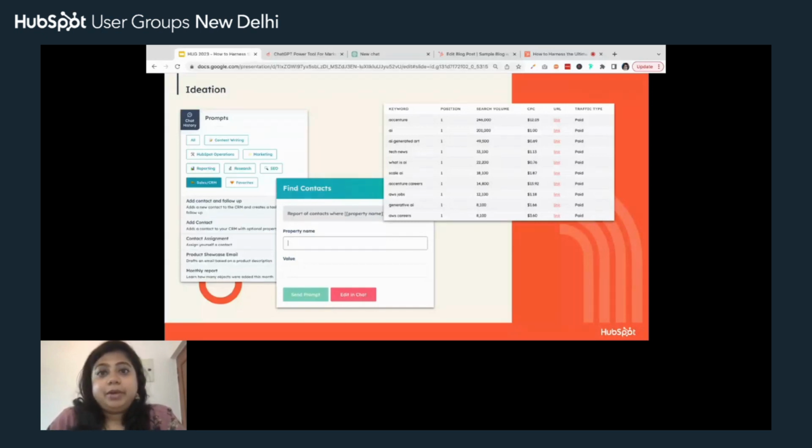One of the key benefits here is that even if you have a team member who is not very well versed with HubSpot right away, who can't go and apply 4 different filters to get to a particular set of data, they can simply ask ChatSpot. They don't have to know HubSpot completely to be able to write a natural language query. So that is where it brings in that value.